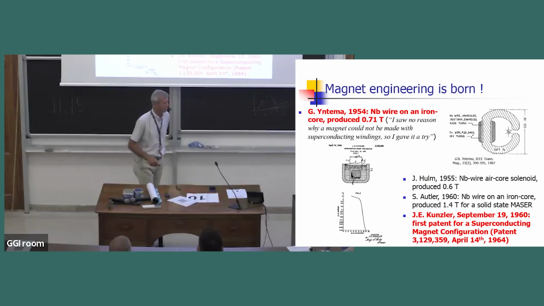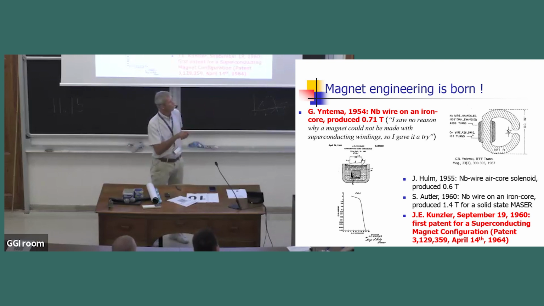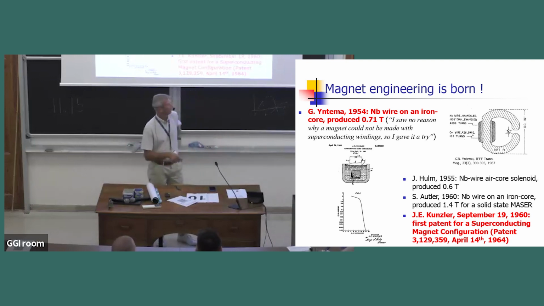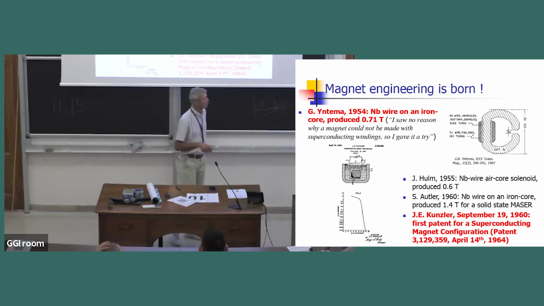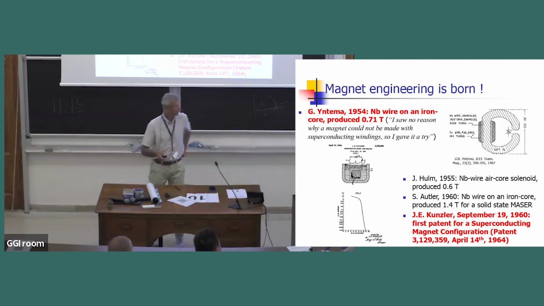And the story starts long ago in the 60s, where people realized, okay, we can make magnetic fields out of, in particular, niobium titanium, niobium zirconium. So niobium zirconium was a variant of alloys. Actually it started off in 1954 with niobium. Okay, niobium cold drawn became a type 2 material because it was dirty. And a scientist in Saclay made the first magnet that was used for detectors, actually. And then eventually in the 60s, things picked up with the discovery of niobium titanium and niobium-3 tin, until Kunzler patented in 1960 a superconducting magnet configuration.